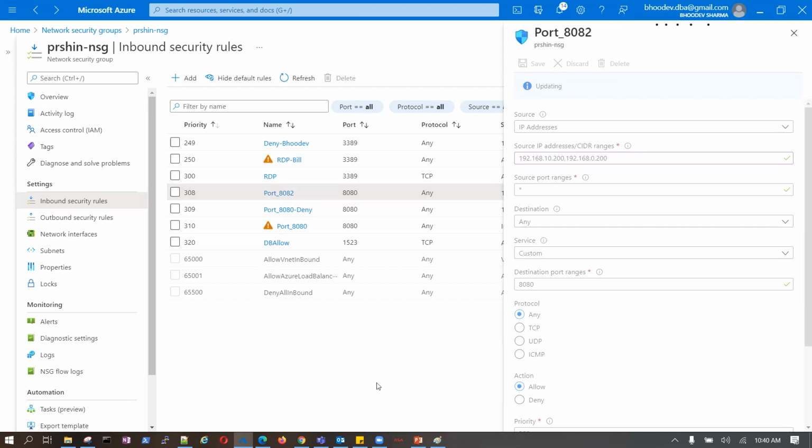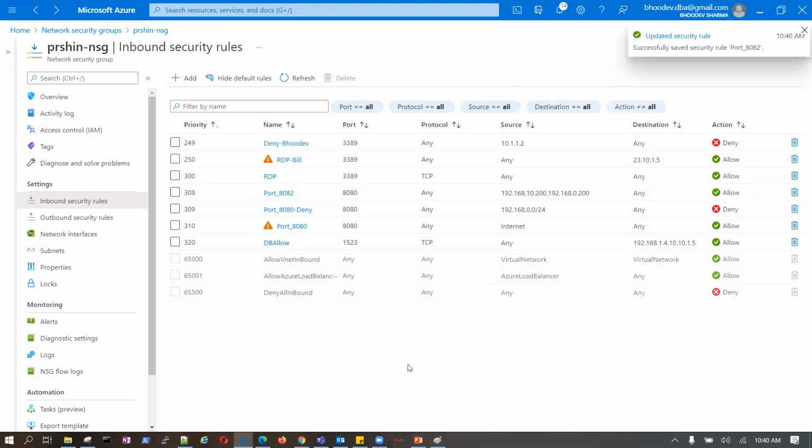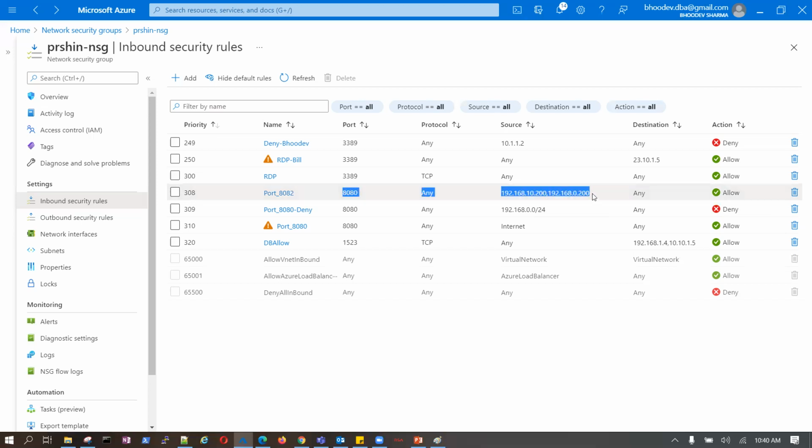But if I create 307 with the same rule, it will also allow me. Yeah, it will also allow, but it's better you use this feature. Better to use one specific rule, one priority only. One priority, one specific. If this is a port allow, let's allow this way. Keep adding the IP address.